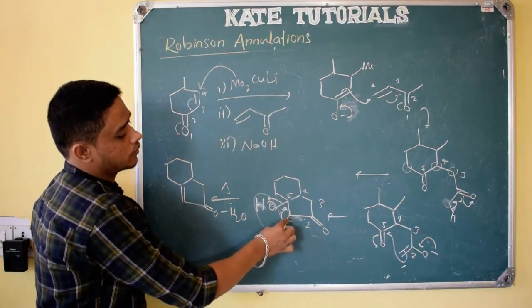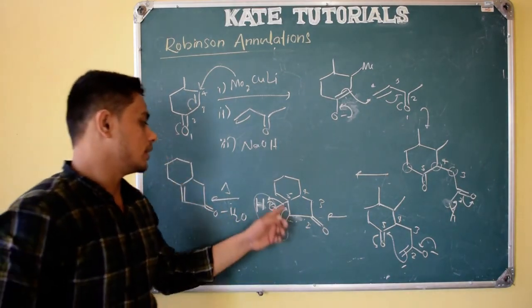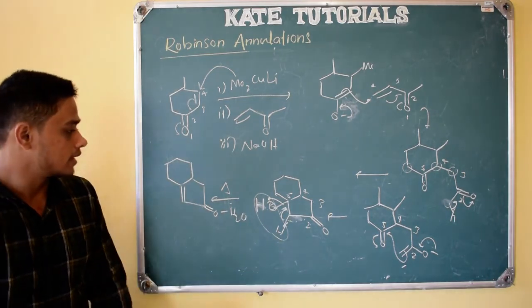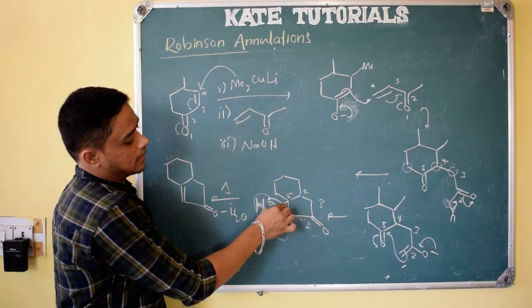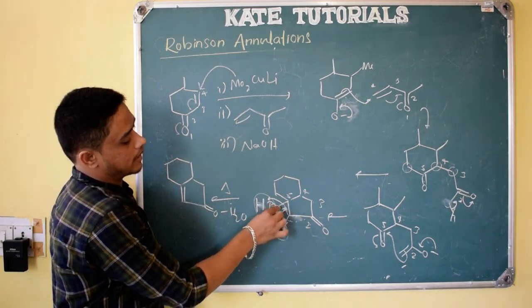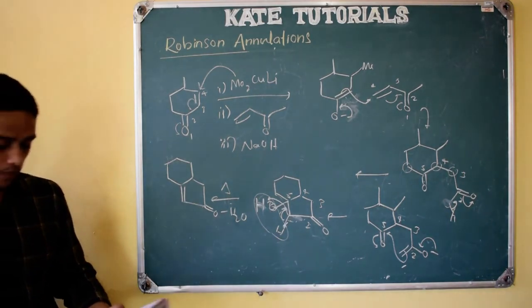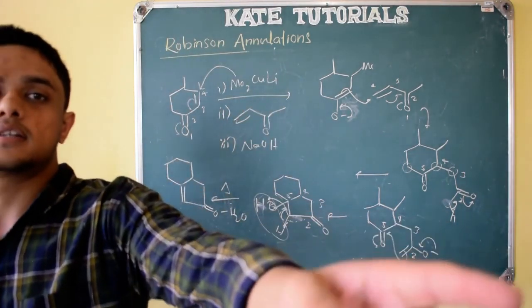So water, I hope you understood, H from this, OH from this, the water molecule leaves here only. But what we show through the enolate structure, because the enolate structure will be more stable. But as a shortcut you can also see it like this, no problem, right? Here it is an acidic proton and OH, O minus, H plus and a double bond here. H plus and O minus form water and the double bond comes here. So this is the required product. There are so many reactions here, but we will discuss them in the next classes.